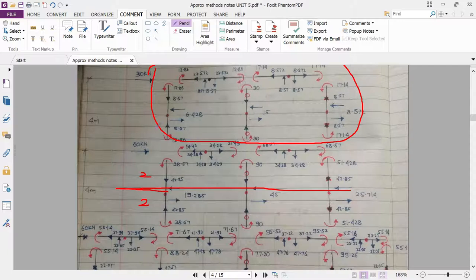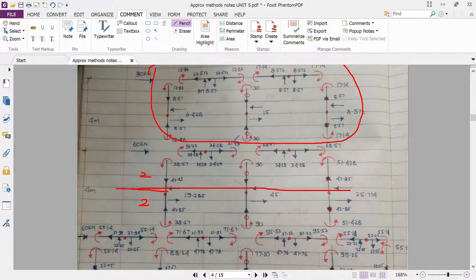So that is a very simple approach. Just club these moments with their respective sign convention, and whatever answer you get in a particular sign, you have to apply that magnitude of the force in the opposite sign, so that the equilibrium condition becomes equal. How is it possible? Let us see. This is 51.43 clockwise, minus 12.86 and minus 38.57. When you club all these three moments, the answer will be 0. Here also 90 is there, here 30 is there. So here also this 51.43 will be transferred here.